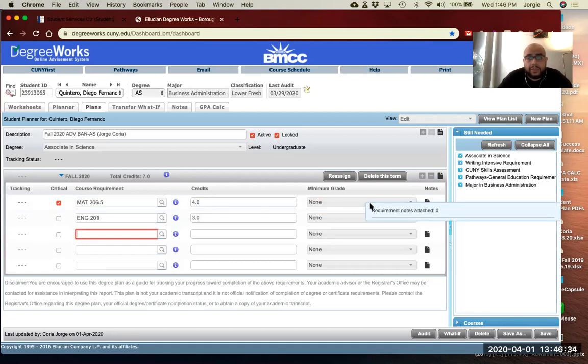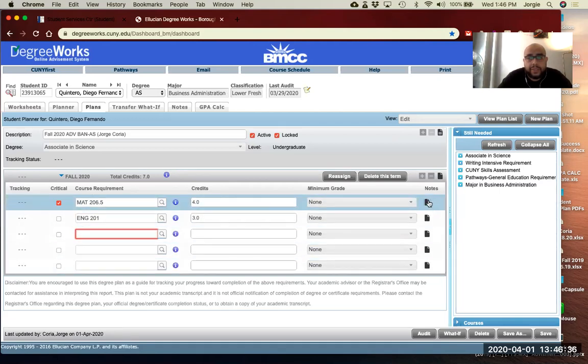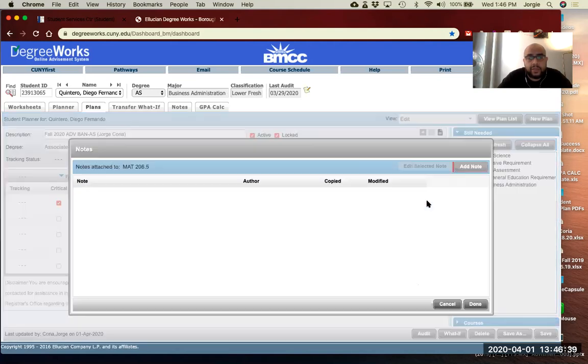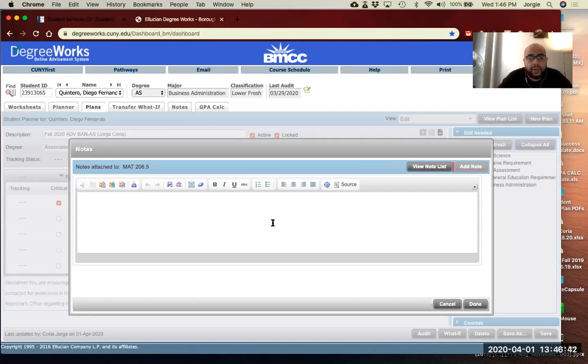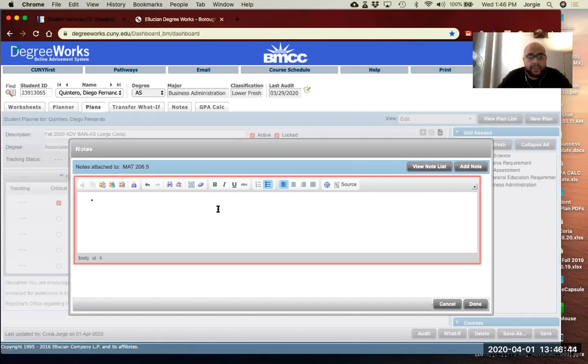So what you're going to do is, if you notice here, there are notes that you can put as well. This is a note per class. Okay, so if you go here, you're going to click on this. You're going to do the same thing that you did with the writing intensive area on the very top. And you can put here Math 206.5. And this is basically for the student to know, you can put this is a combination course that is worth 4 credits. Okay, that's for them to be aware of that the class is going to be worth 8 hours